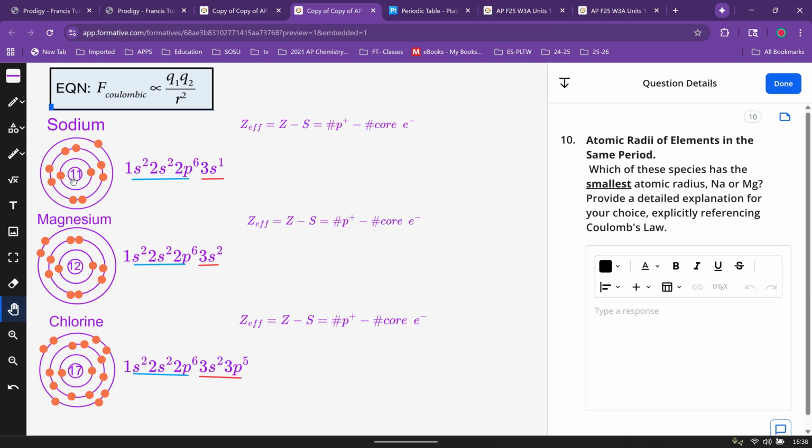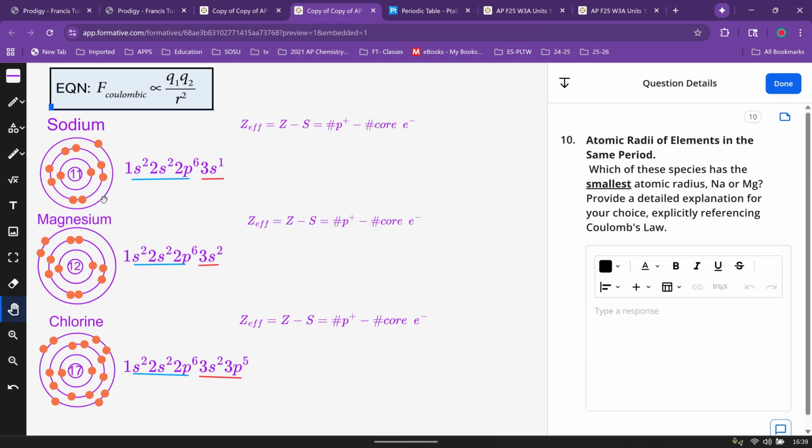What we're looking at is the overall force of attraction, knowing that it is going to be a force of attraction because protons have a positive charge and electrons have a negative charge. And so opposite charges attract. We also talked about